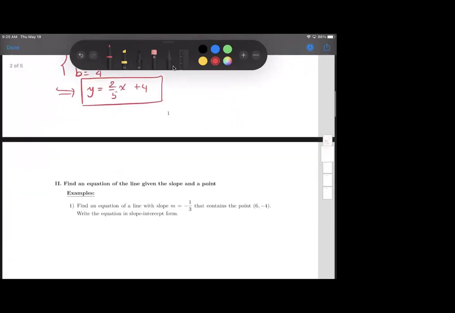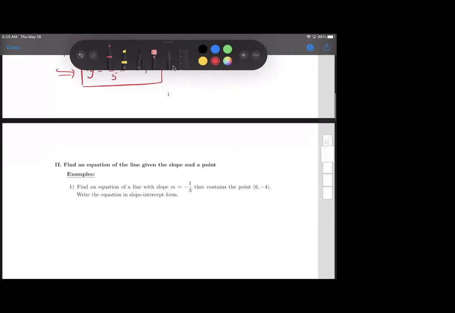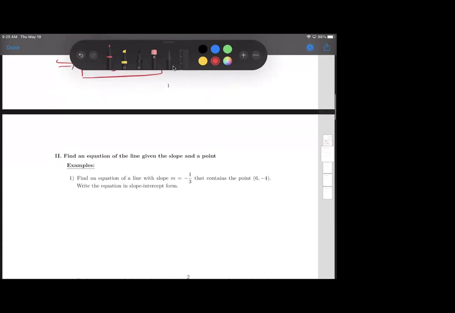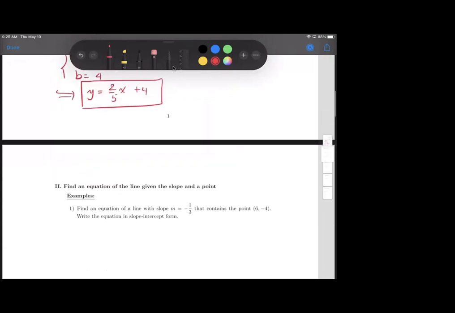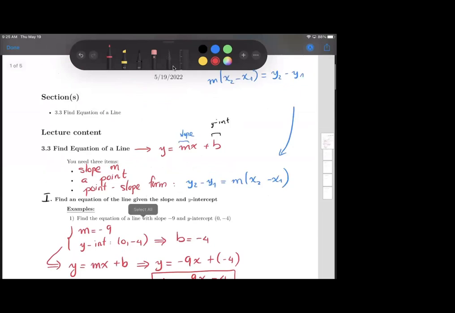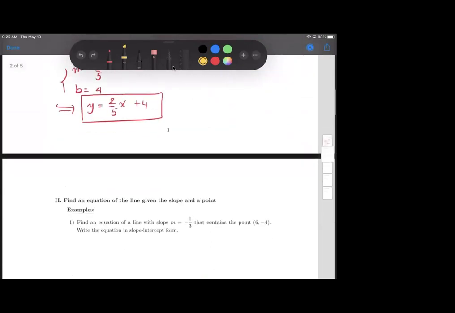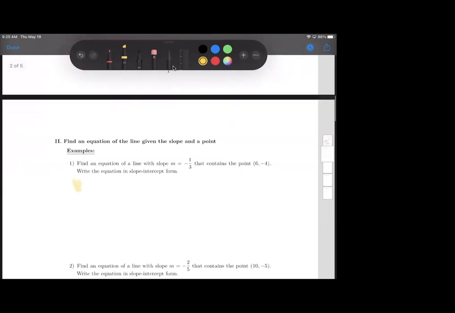The second type is I want you to find an equation given the slope and a point. Okay, so the slope is given, and a point. So remember, for this one you need to use this right here. You need to use this. Because the slope m is